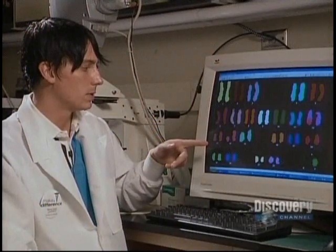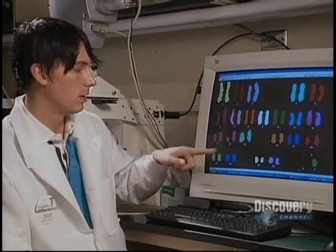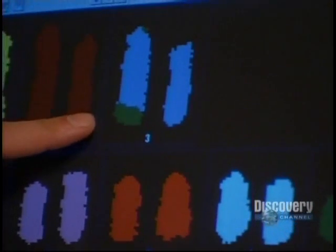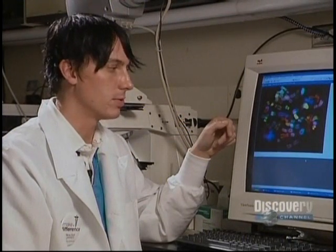Mark Pollard is patient B2. The damage to his chromosomes is considerably worse. Pieces of 14 have translocated to 7 and 12, as well as leaving just a little fragment of chromosome 14 behind. Here's a second example from that patient where a piece of chromosome 10 has translocated to chromosome 3. Again, not good news. There's a number of factors that can cause a chromosome to break. Radiation exposure is a major cause of chromosomal breaks. Richard